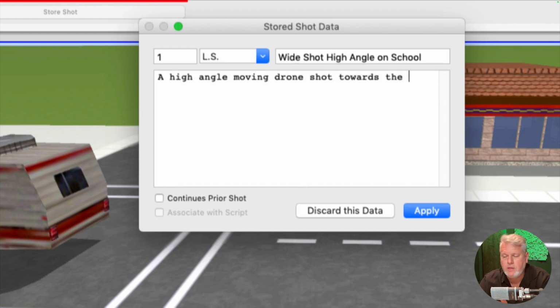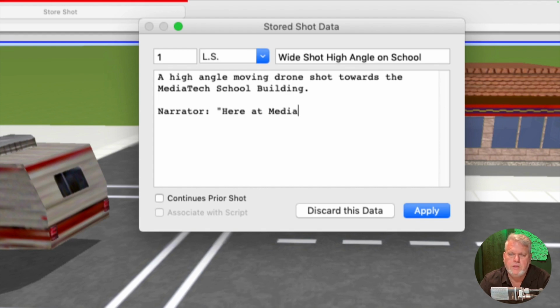And then if there's anything on this that's from the script that's verbal, whether it's a narrator or an actor talking or something like that. So I'll probably go ahead, I'm just making this up as I go along. I'll put in a narrator who's saying something, and we're pretending this is the exterior of our school, MediaTech Institute. And I'll just have a narrator saying some words